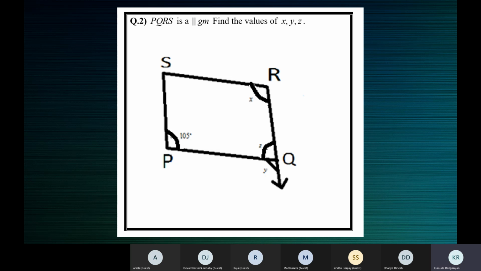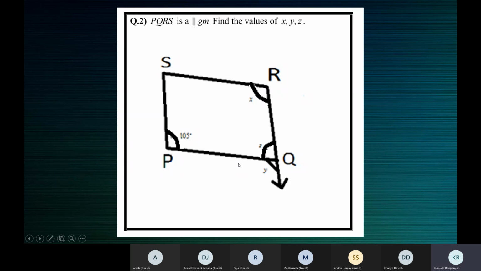So here in the parallelogram, we know that opposite sides are parallel. So here we have PQ parallel to SR. It's not given to us anywhere, but since the figure is a parallelogram, we know that both pairs of opposite sides are parallel and equal, but we are using the property that they are parallel. So PQ is parallel to SR. All of you agree with that? PQ is parallel to SR, correct? Yes, children? Okay.